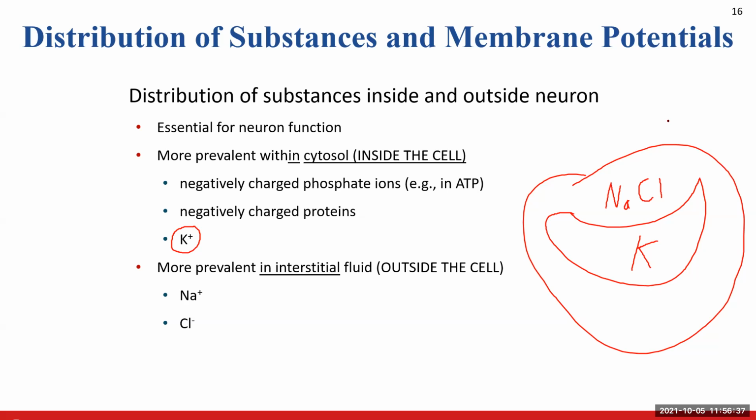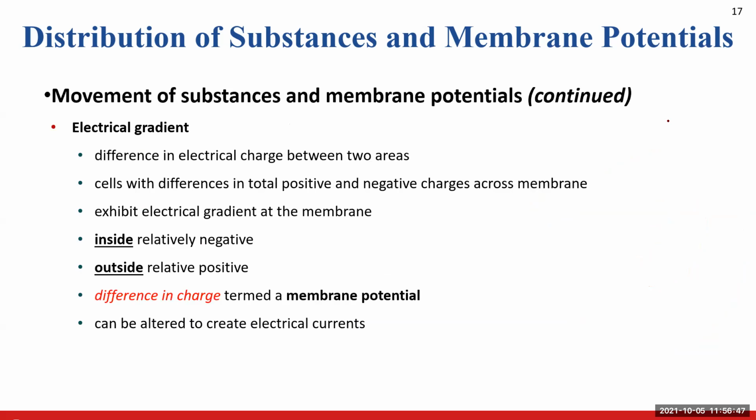So that's what we're going to see. We're going to see that more sodium and chloride is outside the cell, and that potassium is in higher concentration inside the cell. So that moves us on to the topic of membrane potentials. We now know the distribution of the substances that are going to help with these membrane potentials. Now let's talk about how the movement of those substances is going to generate these membrane potentials, these